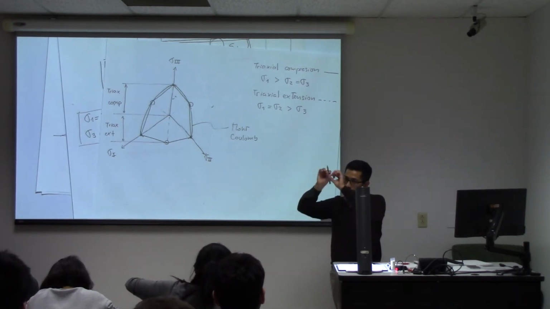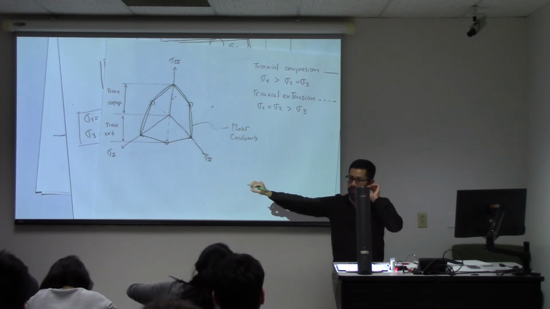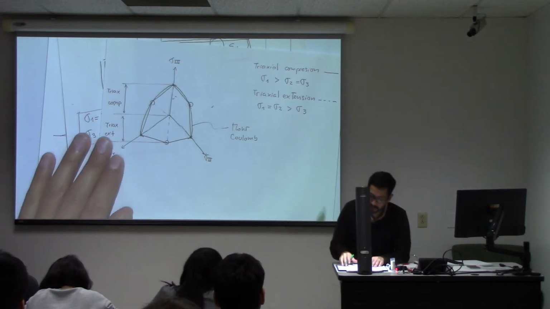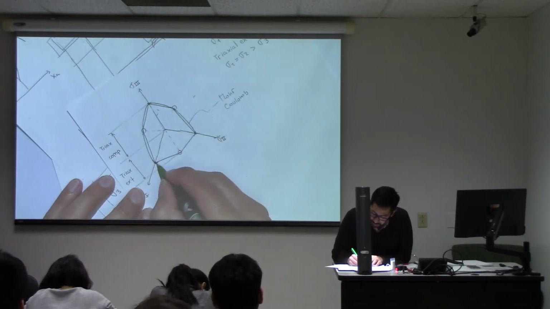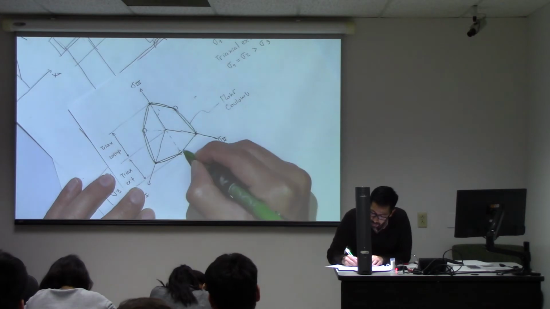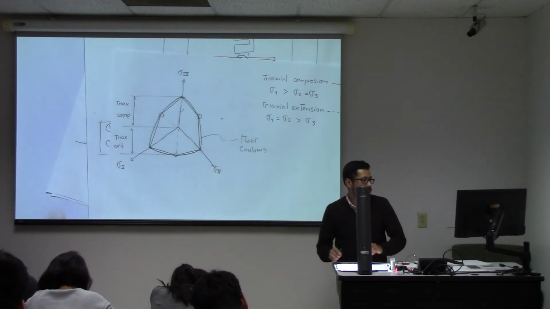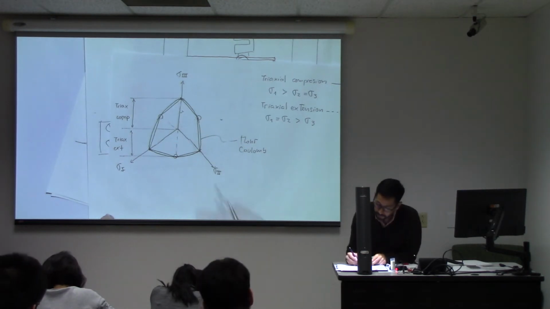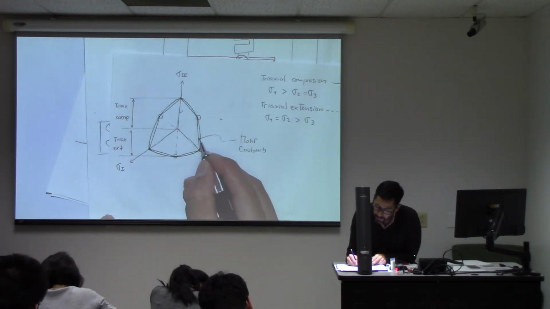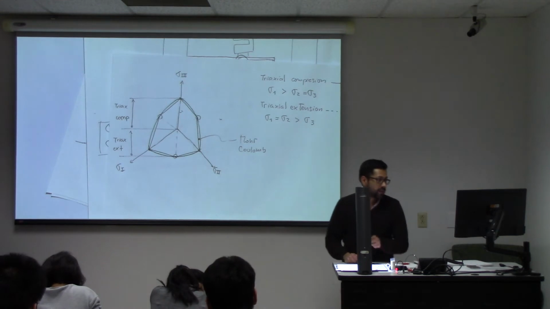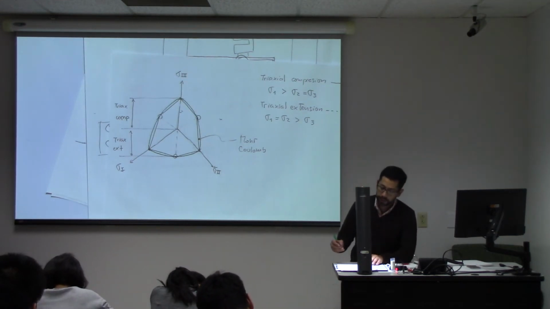The Mohr-Coulomb also varies as you go through the hydrostatic axis. So this is just one section of the infinite sections along the hydrostatic axis. So you can fit such a line, and that line,